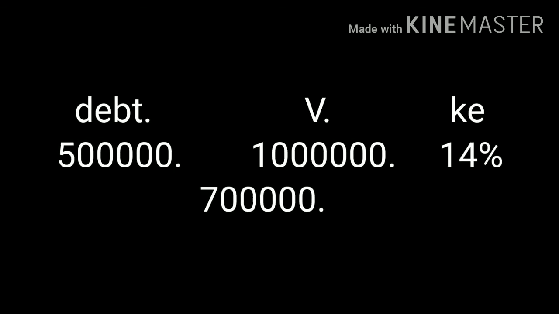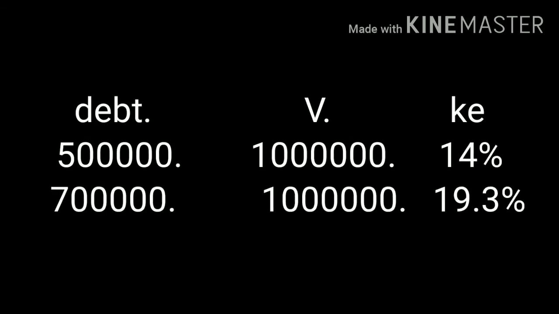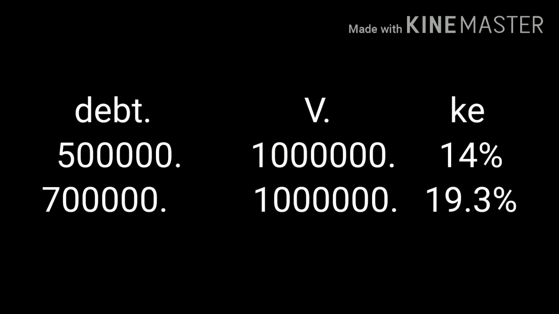When debt capital increased from 5 lakh to 7 lakh, there is no change in the value of firm. Value of firm is 10 lakh. But equity capitalization rate increased from 14% to 19.3%. Increased use of debt capital in capital structure won't affect value of firm, but